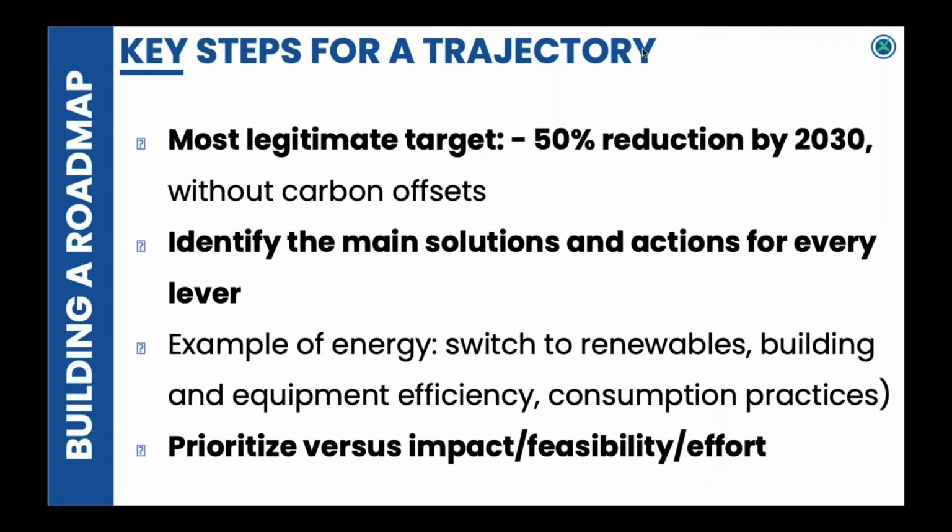And I would say building a roadmap for an aid organization is very much about how to model and plan a trajectory of solutions that's going to be adapted to its mandate, and that's going to allow to actually reinforce its mandate while cutting radically into the emissions over the next 10 years. So it's about choosing an overall target, because this is going to very much determine the intensity of the efforts. So very clearly, minus 50 by 2030 is today considered the most legitimate, and this is without counting